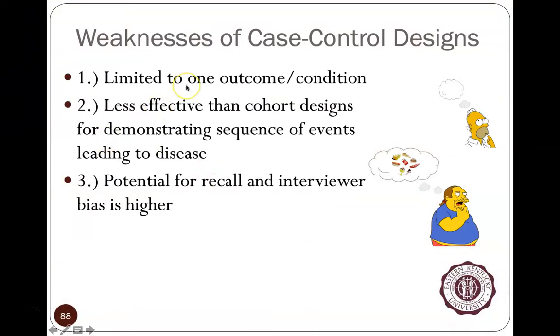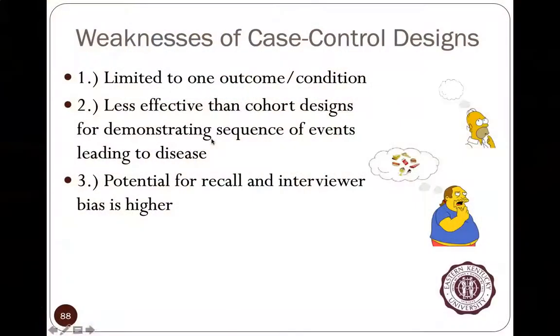Some weaknesses of case control study designs. You've got your cases and your controls, and that's all you can look at. You have a harder time proving the sequence of events. Prevalence incidence bias still exists. You got cancer, were you ever exposed to this? Well, 20 years ago I was exposed to it. Well, when did the cancer start? We don't know that. Cohort studies, we know when they started. We're doing monitoring throughout their life, and we're better at assessing the sequence of events, which is better for causal.